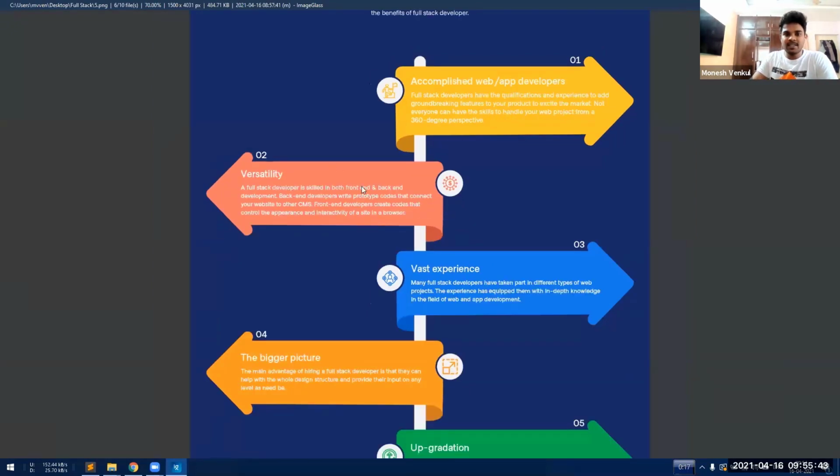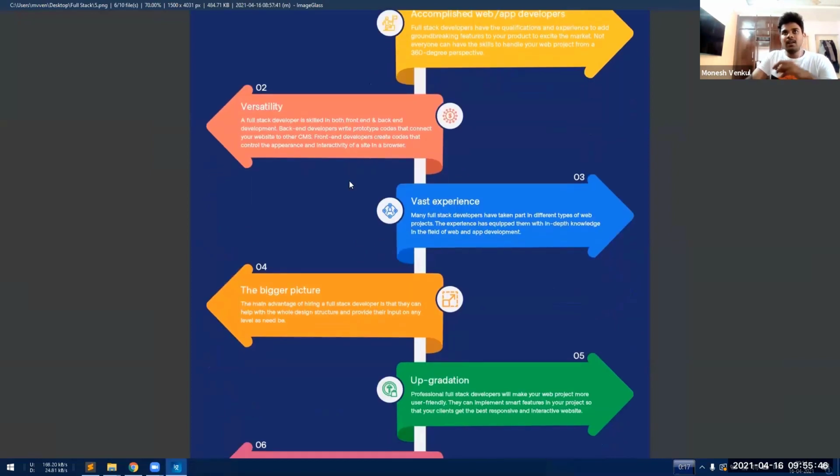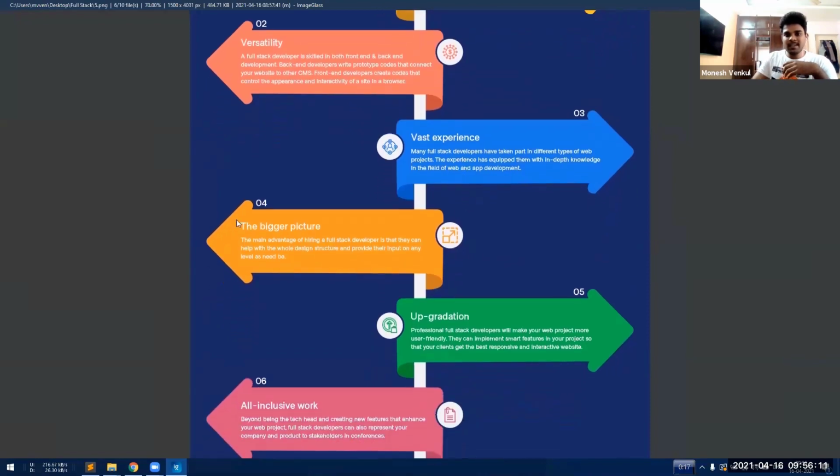Next is versatility. That is, the length you can go is more. For example, there is no end to being a full stack developer. Continuously, new technologies will be coming, and you have to keep learning them. You may think that is hard, but it's actually so easy. You'll be learning more things, you'll never be bored of your career. Everything interesting comes to you daily, so you'll keep on going. And you can look these things up on the internet. These are all basic stuff only.